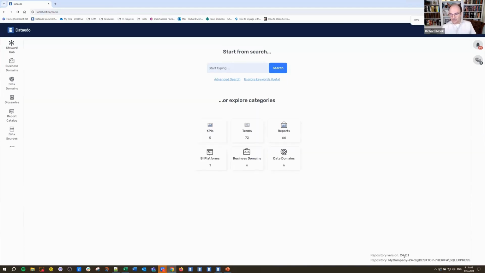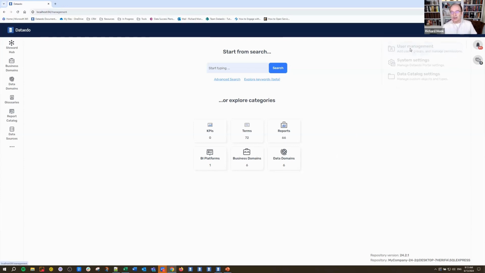This is version 24.2.1, as you can see. Okay, so the reason this is all important is that idea of things being published or not, honestly.